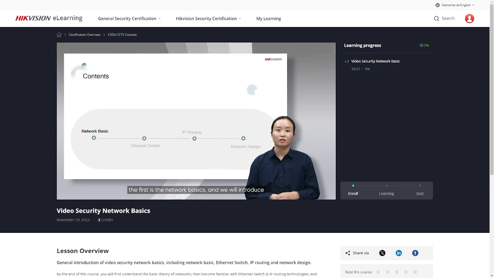The first is network basics, and we will introduce some of the concepts and terms of the network. Then we will introduce the working process of the Ethernet switch. In this part, we will focus on the working principles and the function of the switch. After learning the Ethernet switch, we will introduce some routing concepts, and finally, we will introduce how to design the